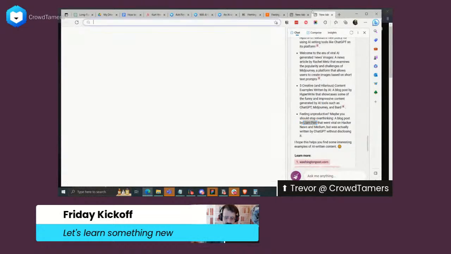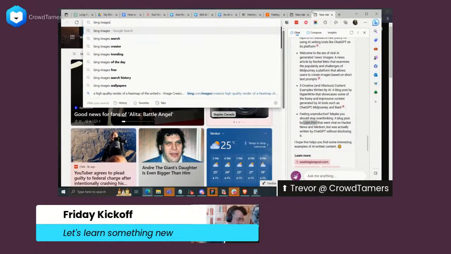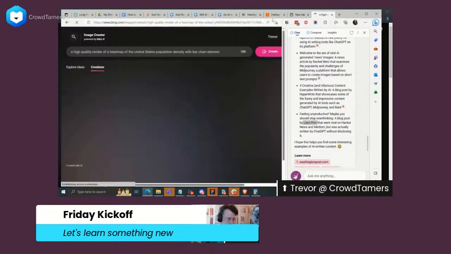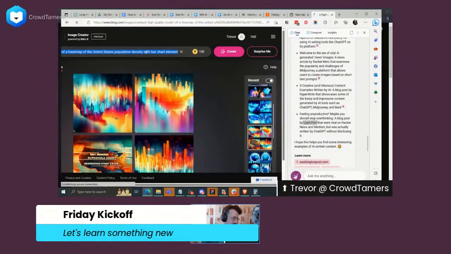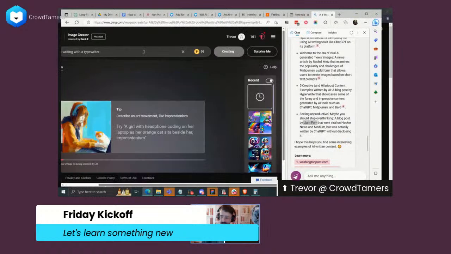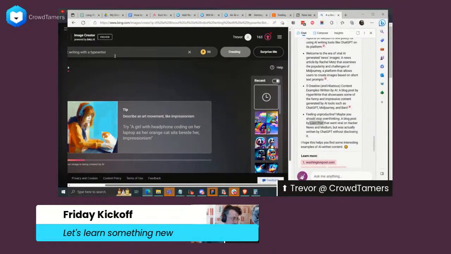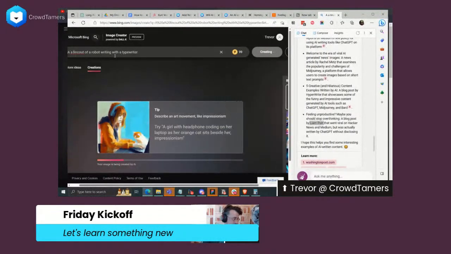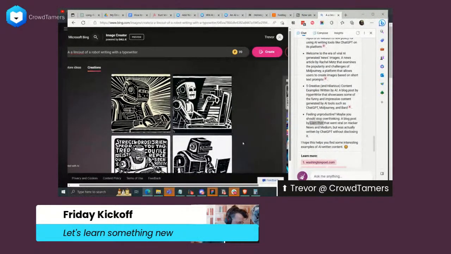There we go. Let me just do. Should be lino cut, not lino coat. Yeah, fair enough. I can use